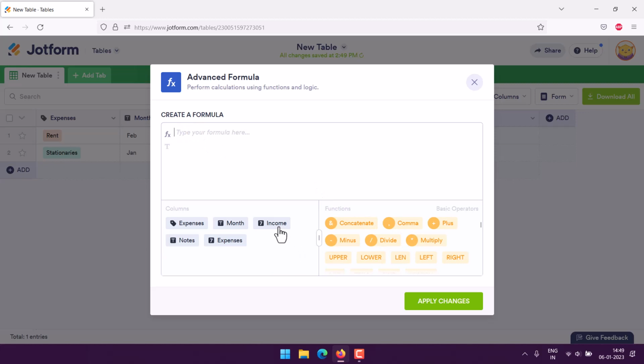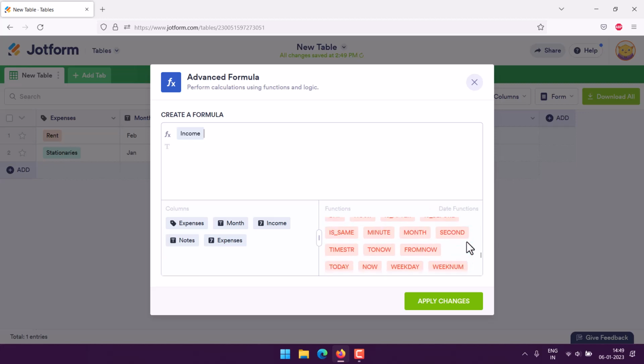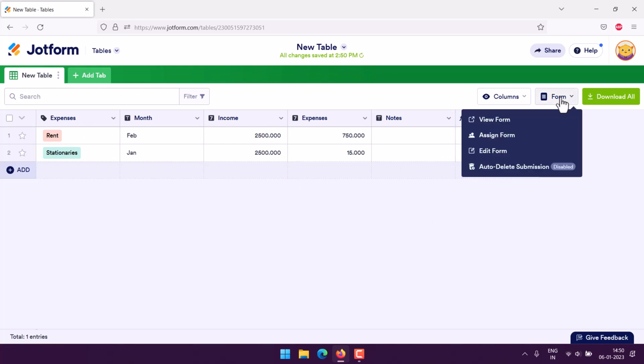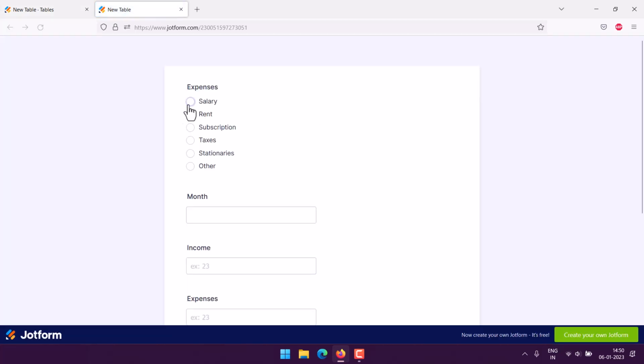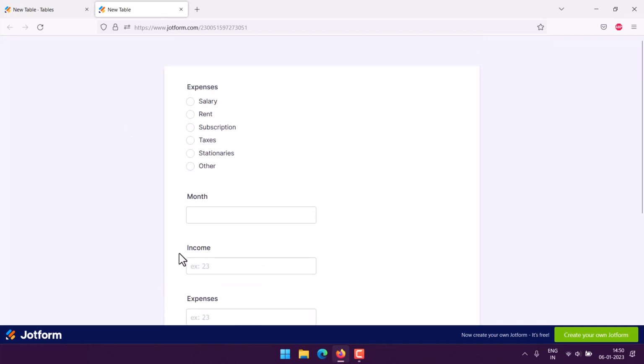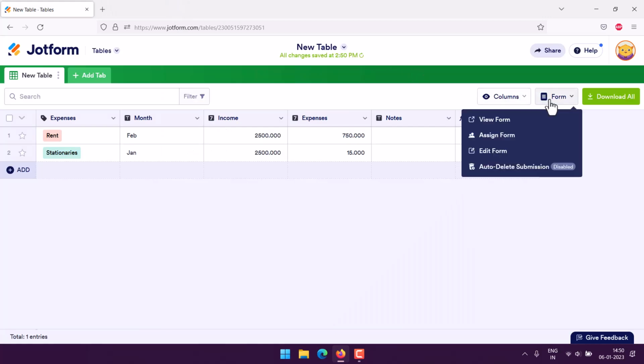Let's say income, then we have option 2, let's say income minus, then we have expenses, right? So here it becomes a category, so that was the problem, so we use expenses, apply change, and you have your balance there, right? And we also already have our form for you to add, so you'll be able to track. Only difference is you will have to edit this header, which you can do through this edit form,